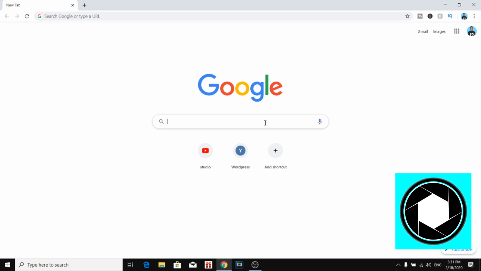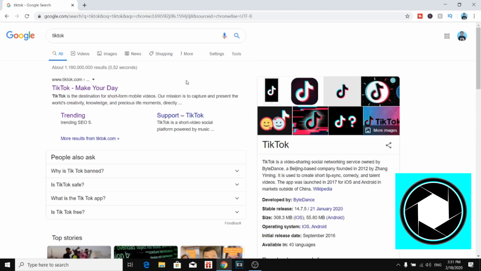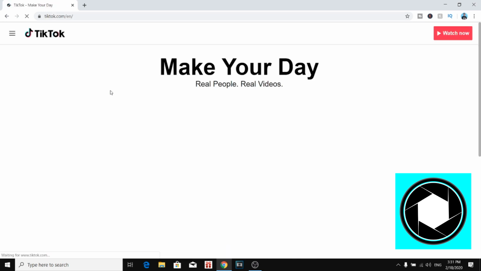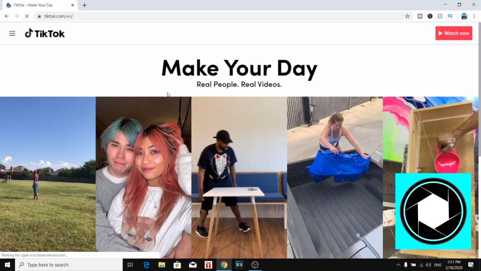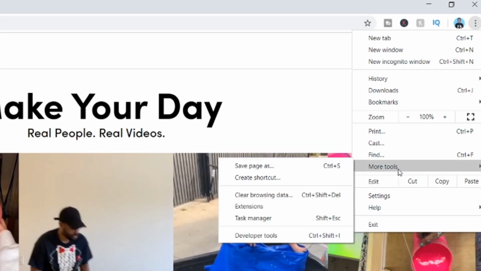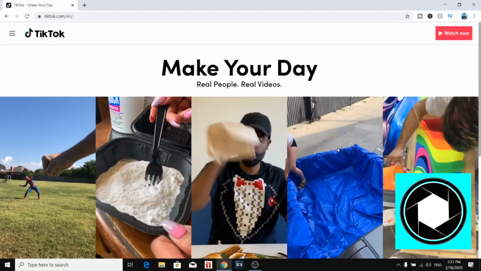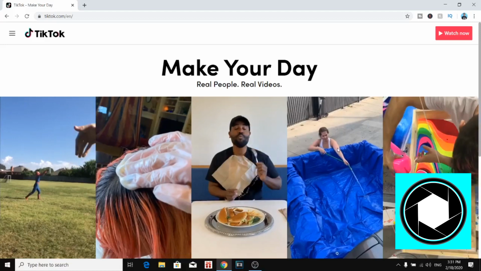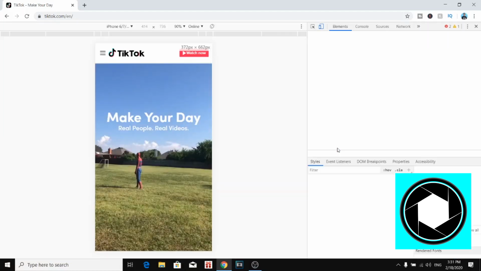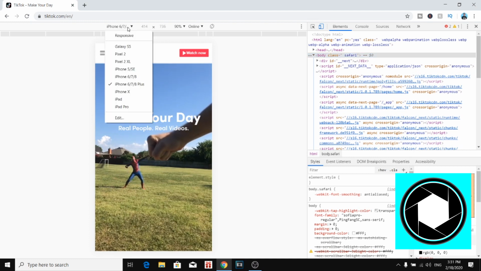Now, you want to open any browser and you want to go to tiktok.com, okay? So I'm going to go with Google and I'm going to search for TikTok, and then I can click on tiktok.com. Now once you're on the website, you want to find the three little dots at the top right corner, and you want to click on more tools and then developer tools, which is right there. Now click on that and then it should open like a menu thing with a lot of code. There you go. Now you simply want to ignore all of that, but right there you can now choose a